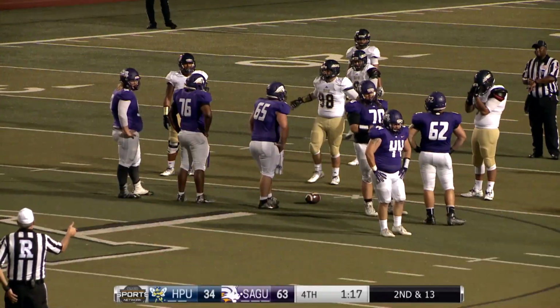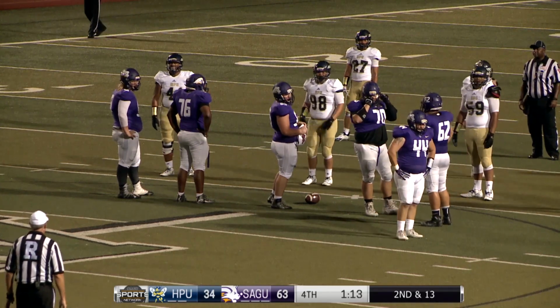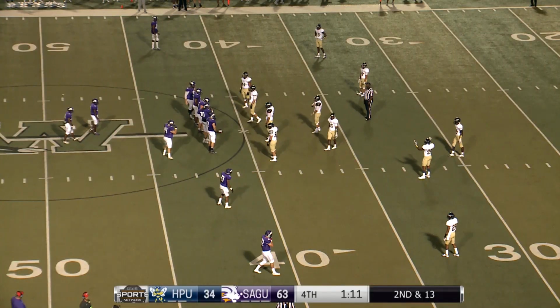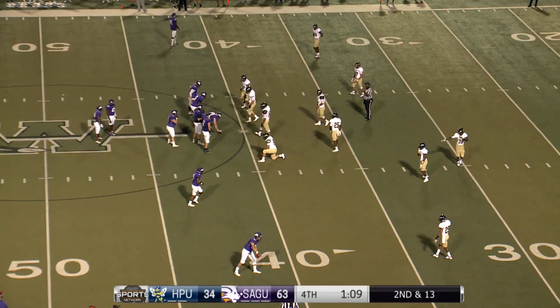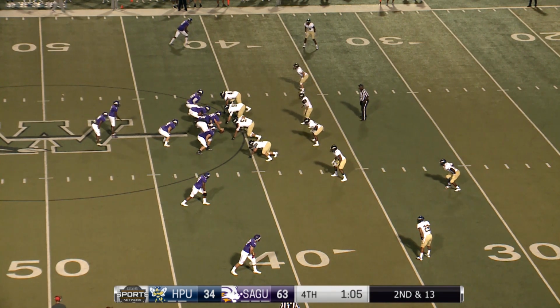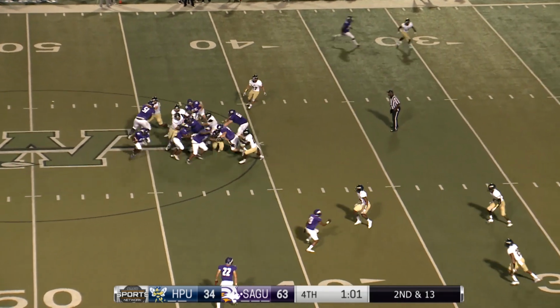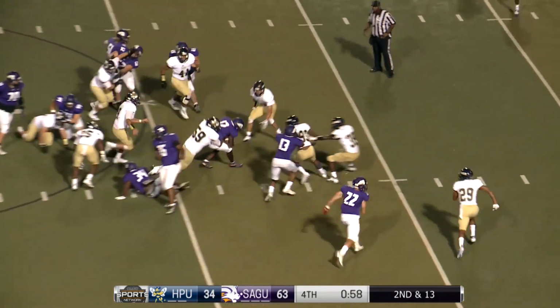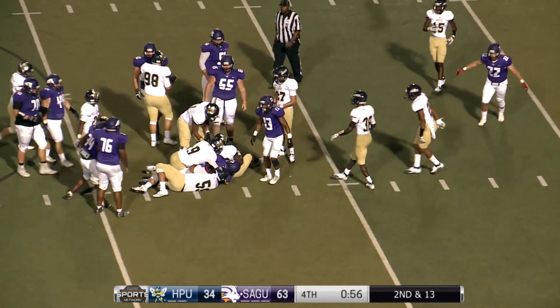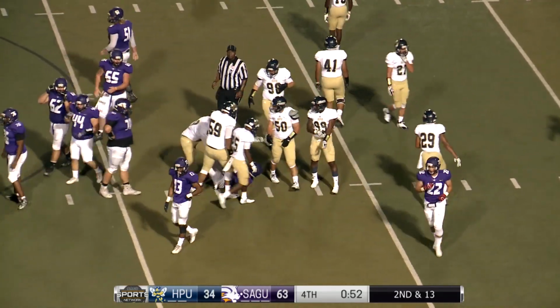As the clock ticks towards 1 minute left in this ball game, that for being a game that's going to end up very lopsided, had its moments, surprising moments of intrigue towards the end of the first half. As we started the second, the Lions came out ready to go with just a little quarterback keeper here and dominate the second half,